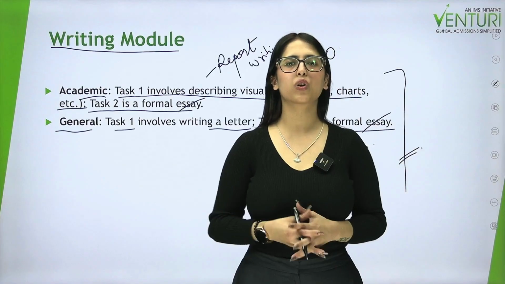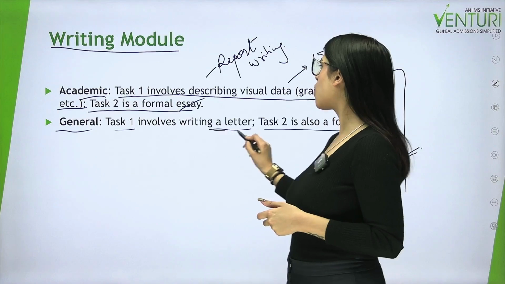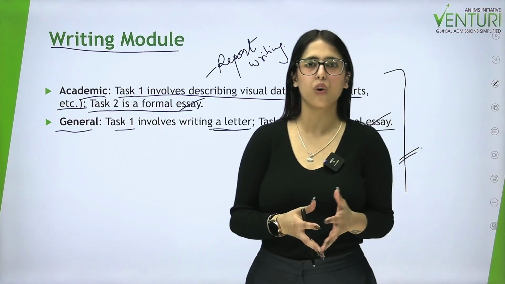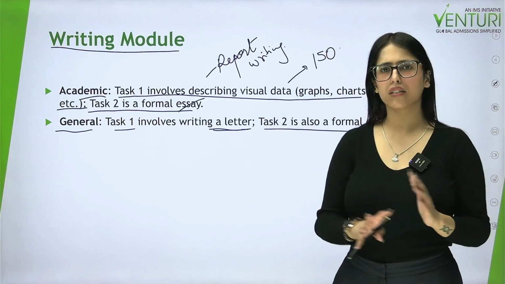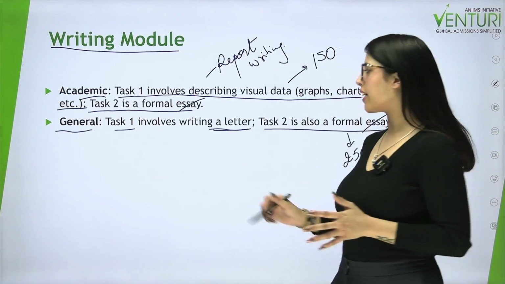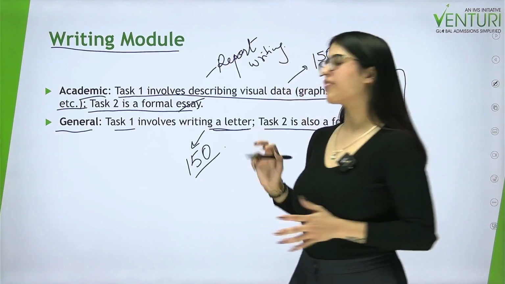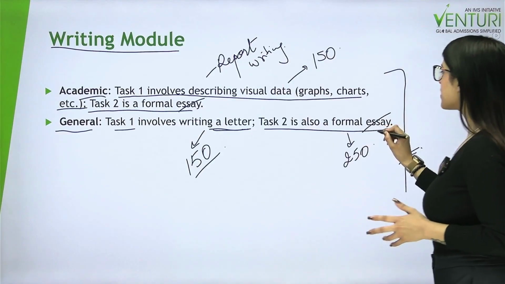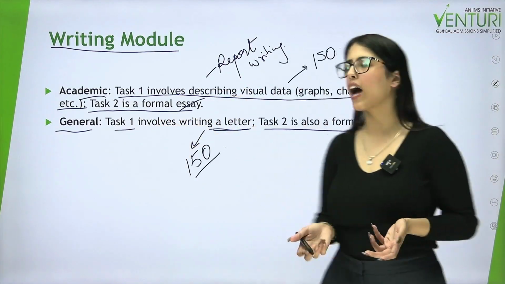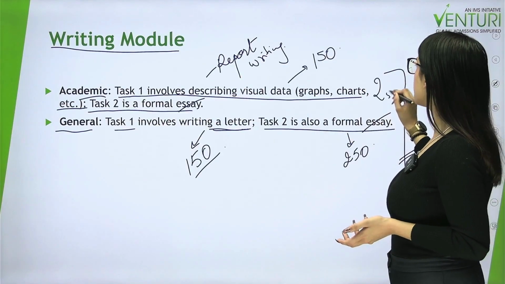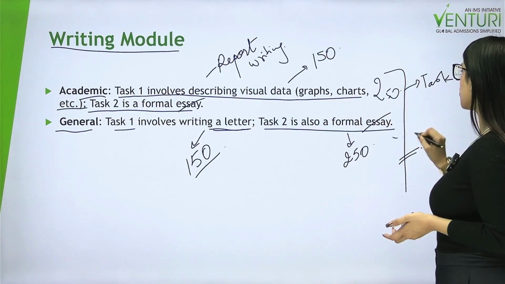Now as far as the word limit is concerned, both of the types of IELTS are going to expect you to write the same amount of words. So for task 1, even though we have a different task to do, so here we have to write a letter instead of a report, the number of words is not going to change. So here also the letter is going to be written in 150 words, and the second task type is the same as the academic IELTS module only. So here you have to write 250 words for both, okay, for task 2 of this and for task 2 of this as well.